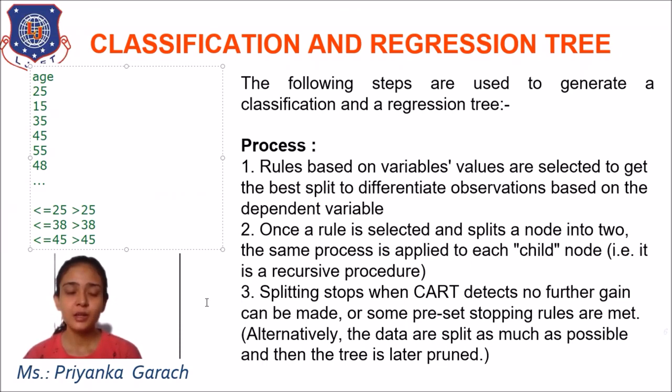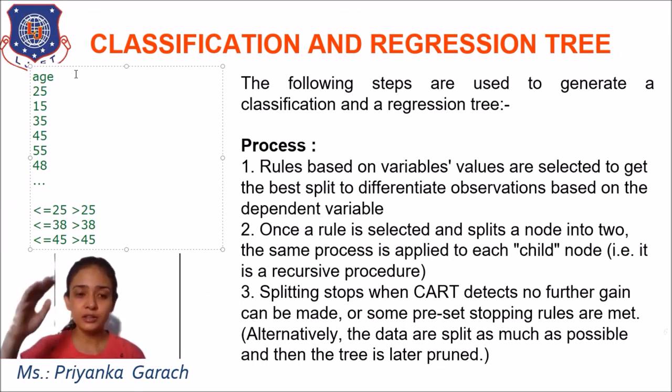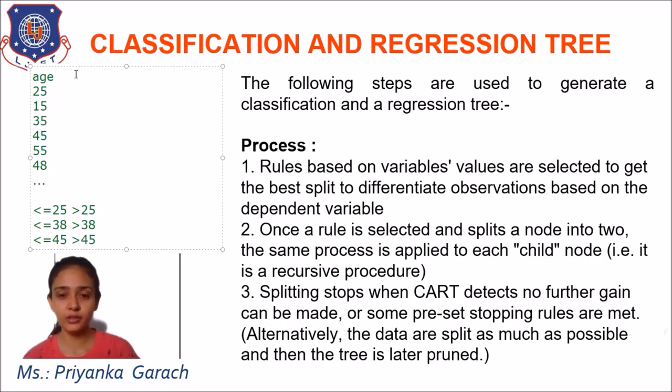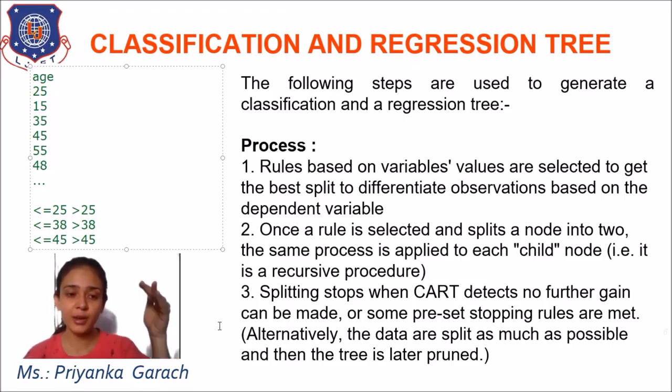It means the various internal nodes are present. So the internal node at level 1, the internal node at level 2. First, the internal node which is present at level 1, and we have the internal node which is present at level 2. The level 2 internal node will be the child node of the above internal node present at level 1. Whatever rules we are applying on the parent node, those same rules will be applied to the child node.